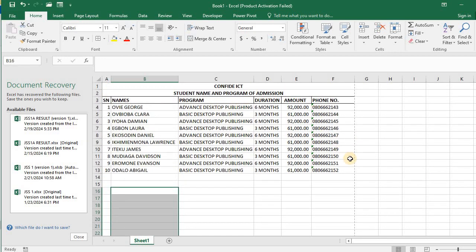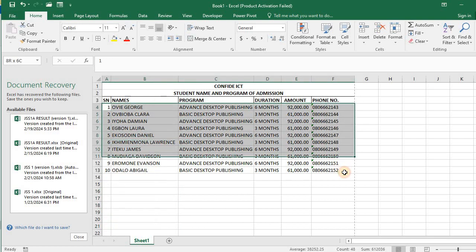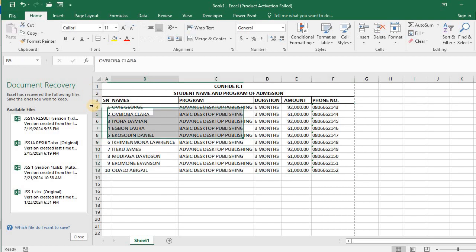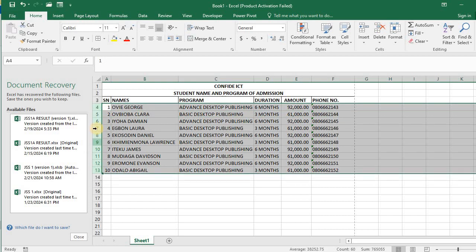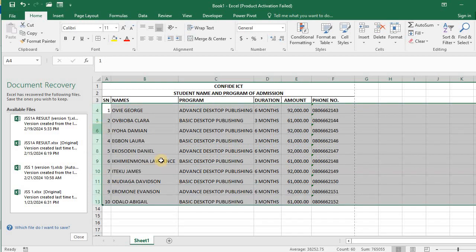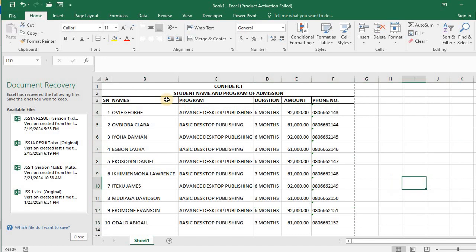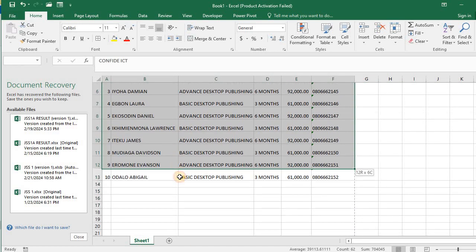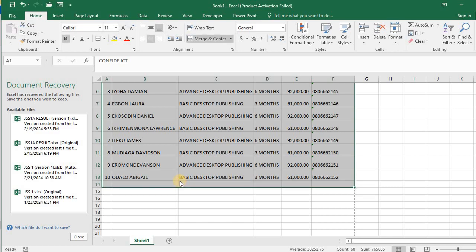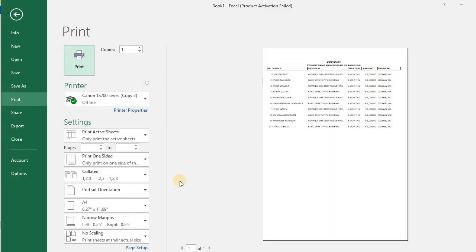So at this medium, this is an analysis of the various students at CONFIDE I.C.T. Then always learn to put your border so that by the time you want to print, let's make it bigger, it will be easy to read through. So let's see, if we preview now, discover all those lines down there will not be there apart from the one we